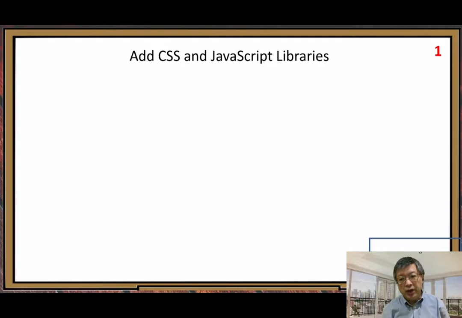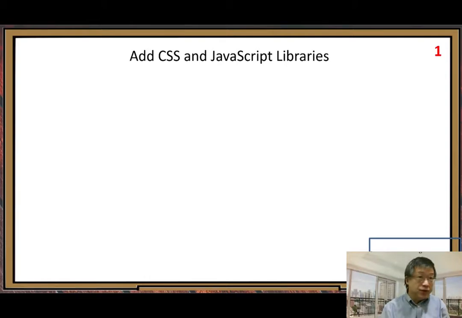Before we get to the development part, the first piece is adding CSS and JavaScript libraries. In web development, many times we need to add some remote libraries. Although we can download them and put them locally, but